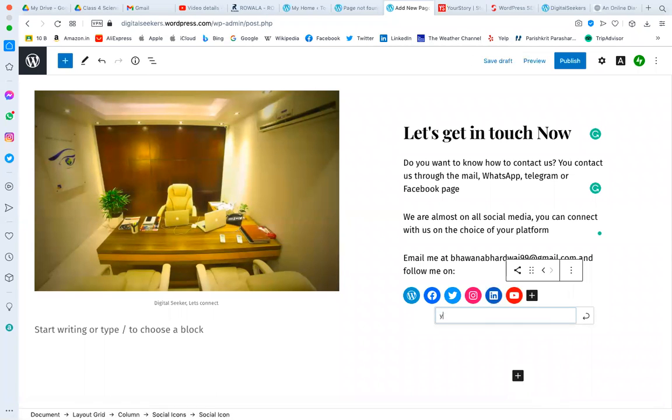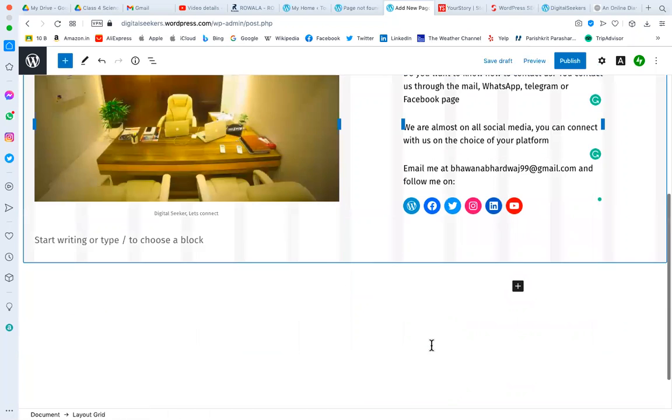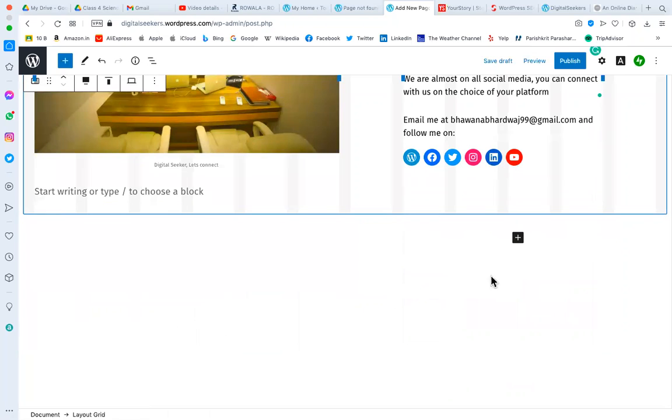Otherwise you can just remove it. youtube.com. That way you can add more social media here. If you want to add more elements, adding more elements means adding one more block. Either you can add more blocks from here or from here.